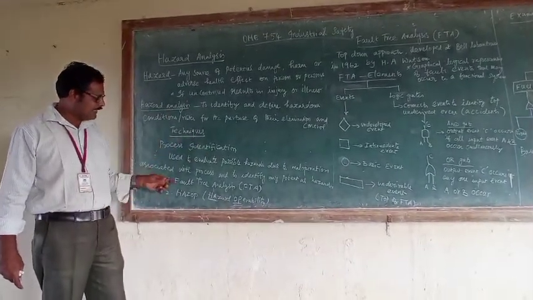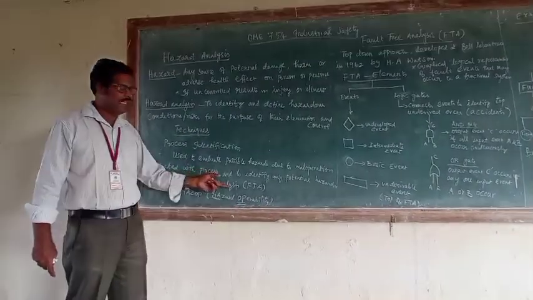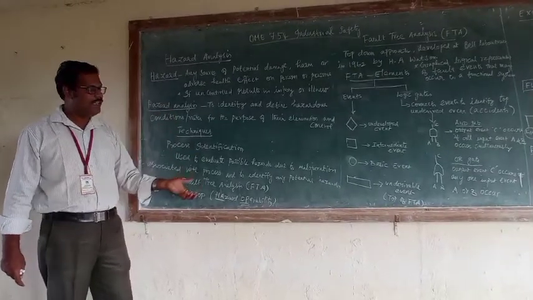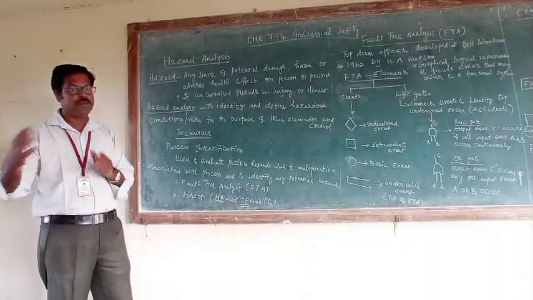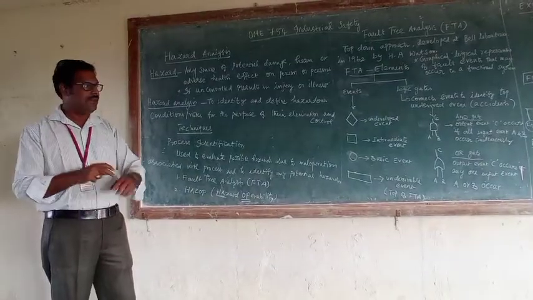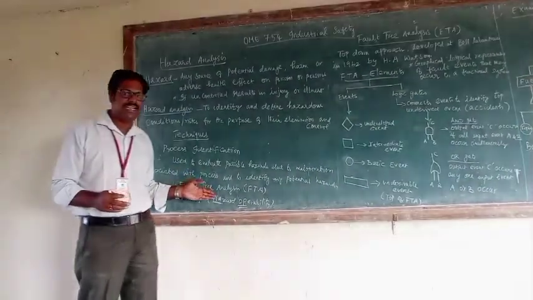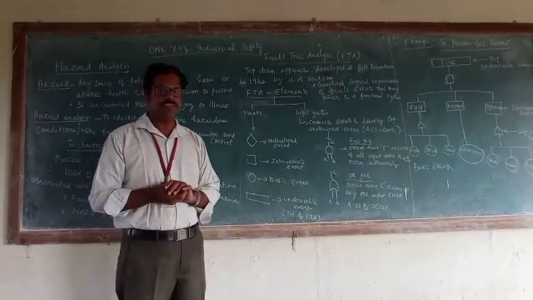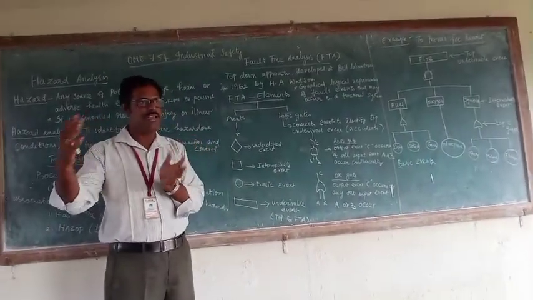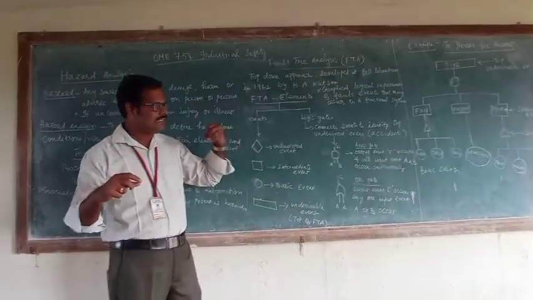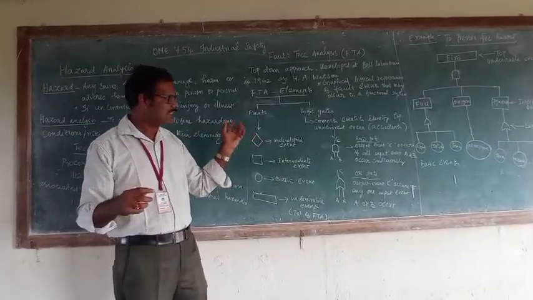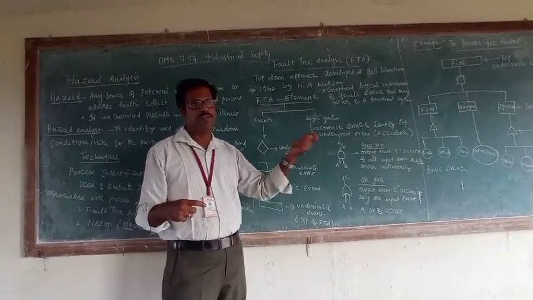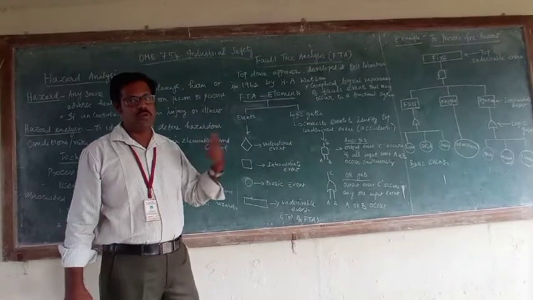In this session we can see about the fault tree analysis: by using it, how we identify the hazard and how we can prevent or eliminate the hazard. Fault tree analysis is a quantitative analysis. Quantitative analysis means we can say how much hazard there is. By using that analysis we can give the correct probability of eliminating or controlling the hazard.